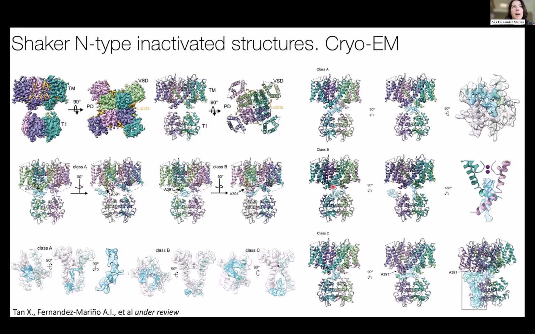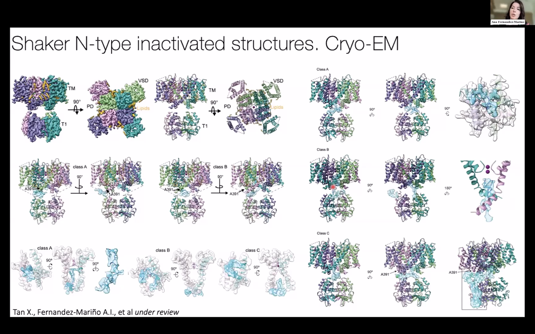Right. Yeah. So Nav channels are faster and more effective at inactivating than potassium channels. The mechanism is slightly different. For example, for sodium channels, you only need to move 3 voltage sensor domains. The moment the fourth one moves, it inactivates right away. One of the reasons we thought this may be conserved and may not be related that much to the rate is because of mutations that have been made in sodium channels that are not in the IFM motif. I'm thinking about the CWC mutation, which is a tryptophan scan that people have done in